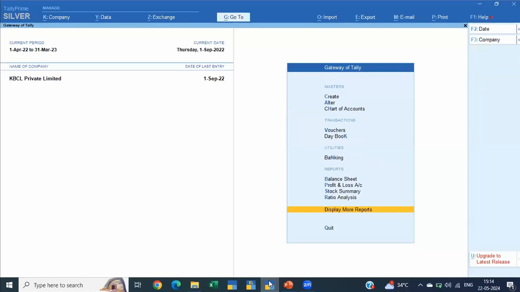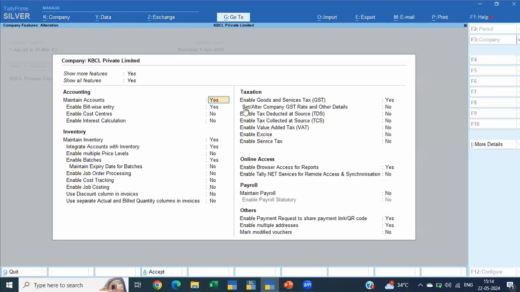So this is what our Tally looks like. The first step, I'm sure all of us know, is at F11 company where we enable our GST. Now I will go a little slower, since the earlier part was a very generic topic and I was pretty fast. I will go a little slower wherever it is required. In case you do not follow, please put it up so that we can redo the same.